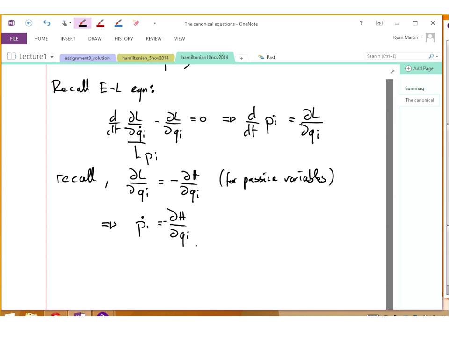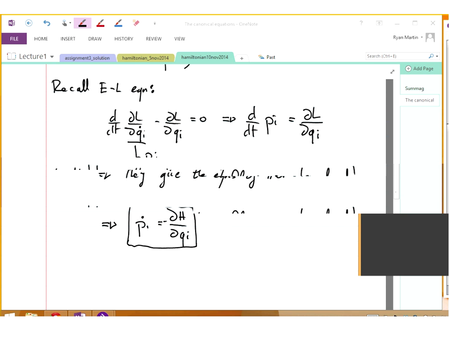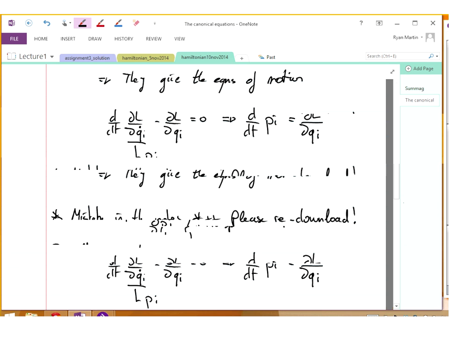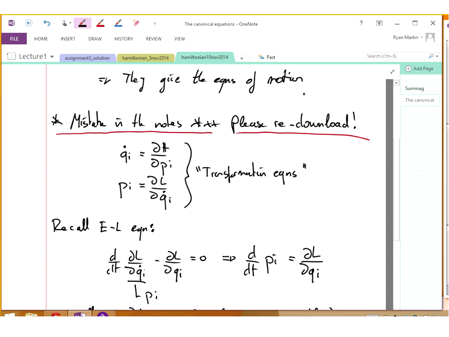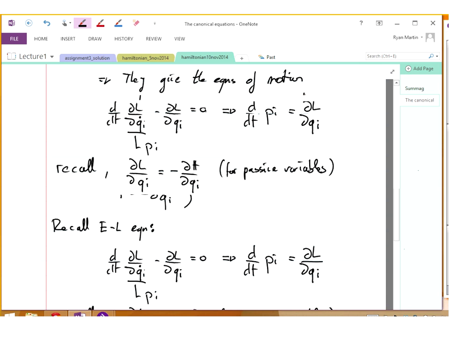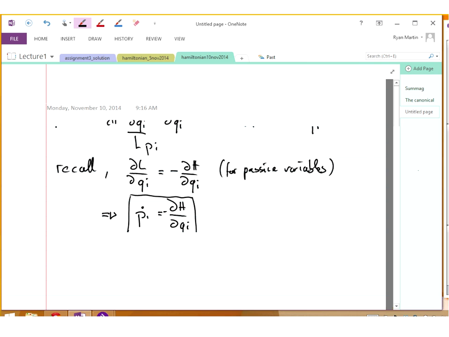So if I take this equation and the other equation that I had above, the q_i dot one, we can write out